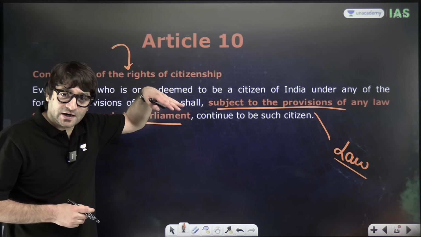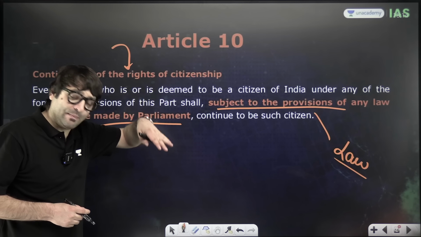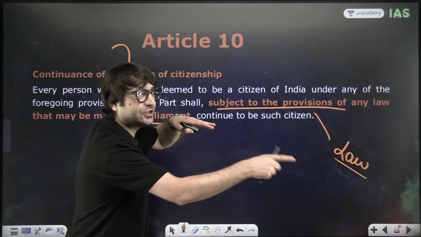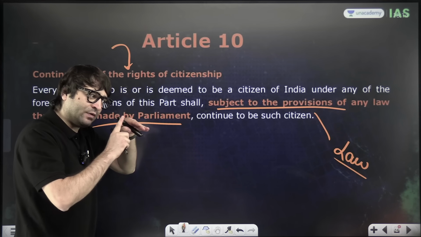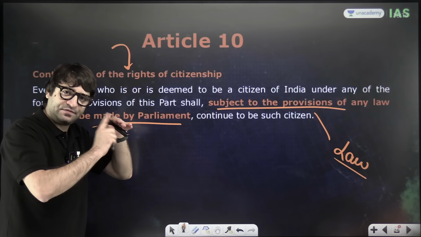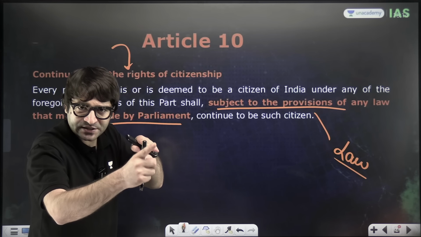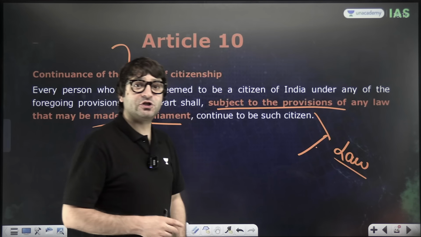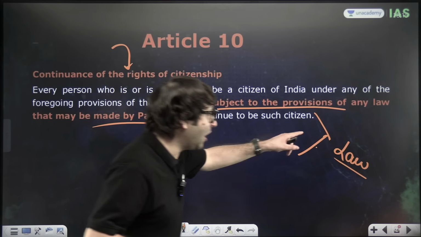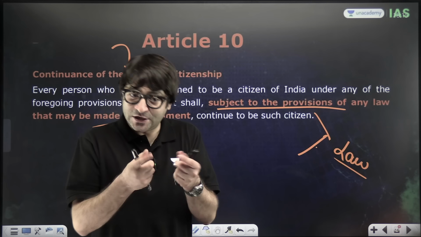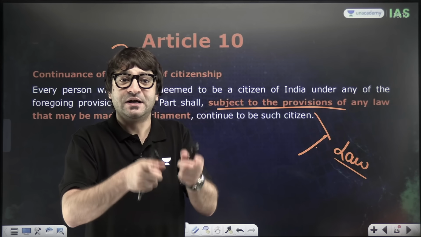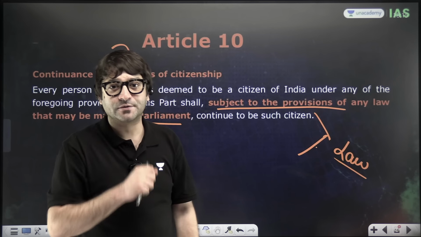But Constitution under Article 5, 6, 7 has talked about who will become the citizen at the time of the commencement of the Constitution. But final determining authority of citizenship will be legislature, will be Parliament. So if you were granted citizenship under Articles 5, 6, 7, can you continue to be the citizens of India after the commencement of the Constitution? Yes, but subject to this law, which means what will prevail? The law enacted by the Parliament. This law enacted by the Parliament will be a comprehensive law which will talk about the citizenship, whether you will continue to be the citizen of India or not.